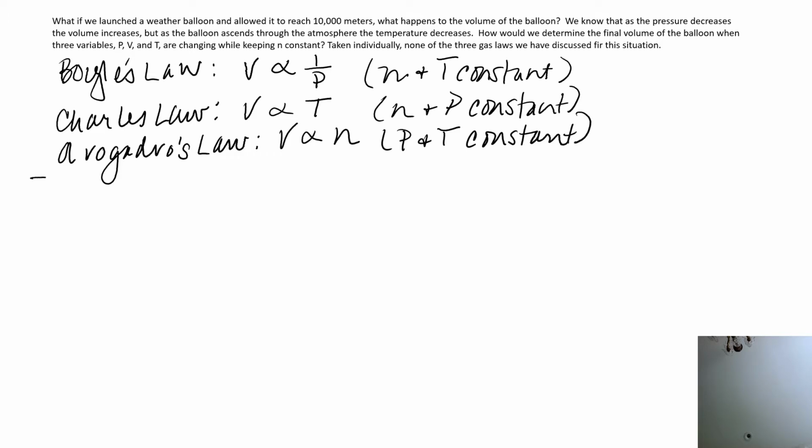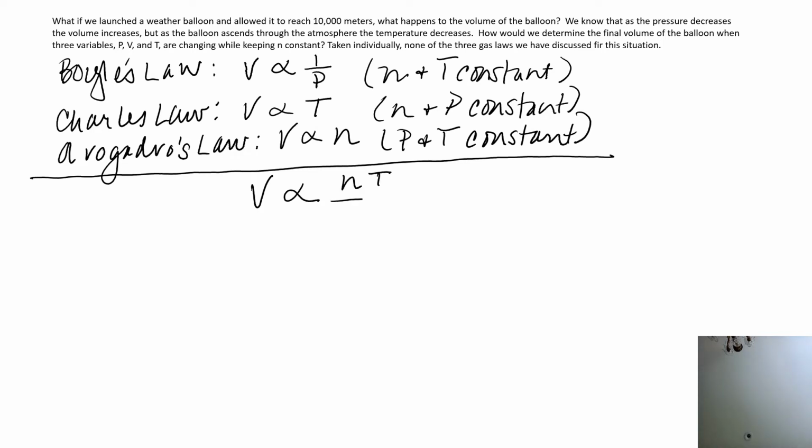So we can add these together and we get V is proportional to NT over P. So that means that V is equal to some constant times NT over P,